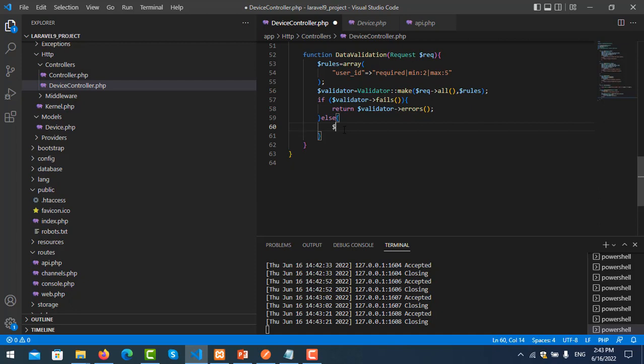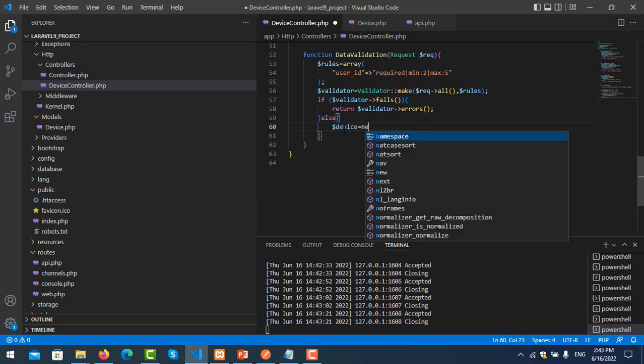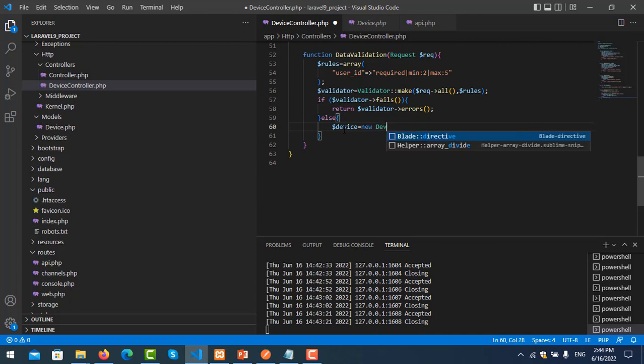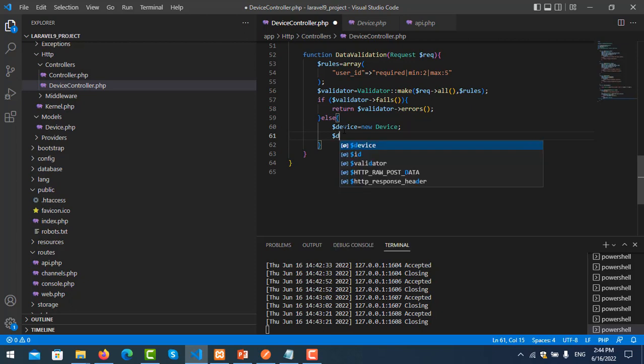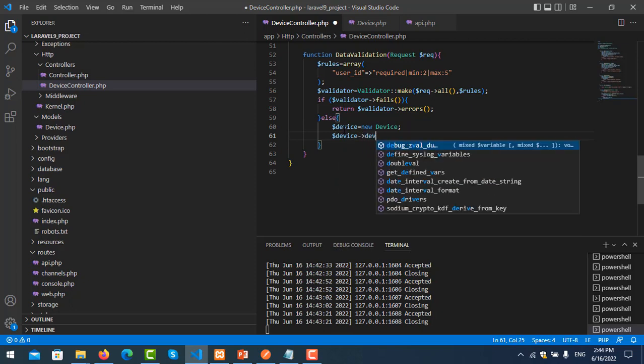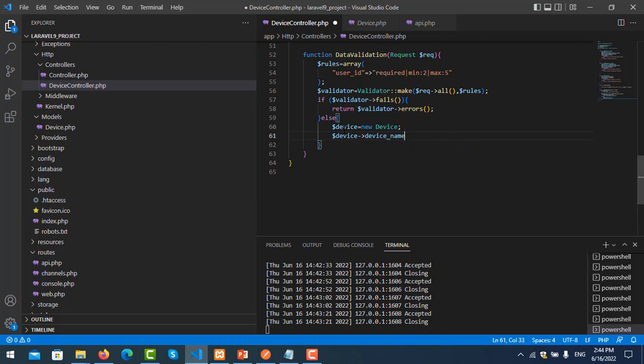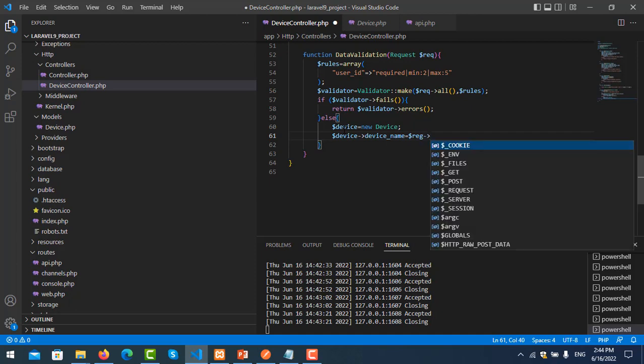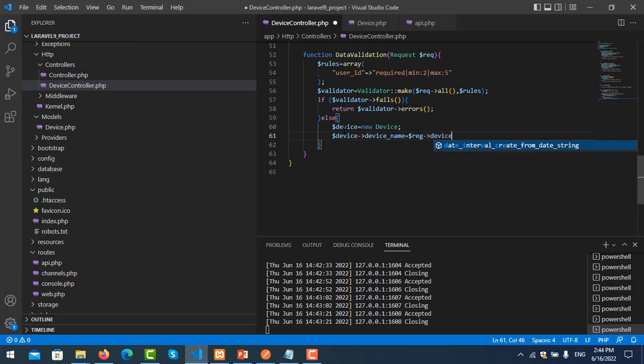We declare device equal new Device, device name equal rex parameter. It is got from the request from Postman, and device name